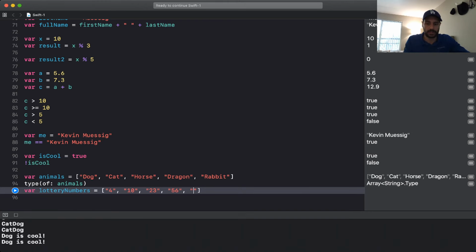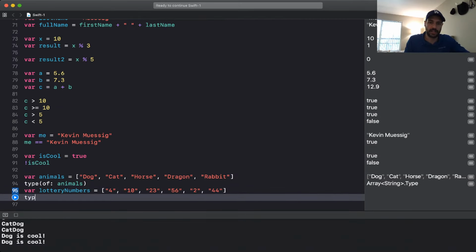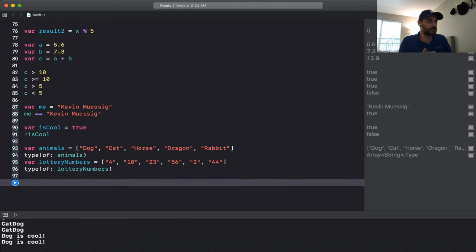I don't know. 2. Whatever. Something like that. And we can do the same thing, right? We can just say type of, and it knows that this is an array of integers. All right, cool. So we know type inference works on our